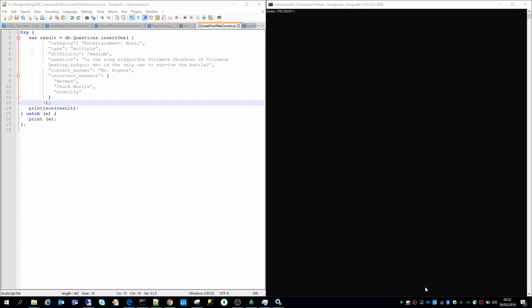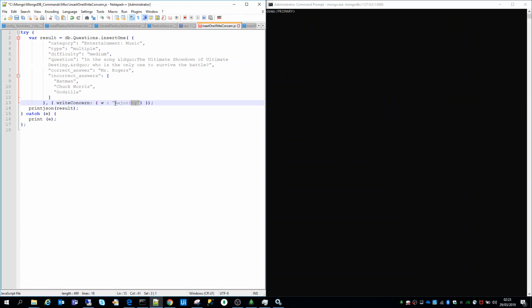It straight away returns the control back to the client, but this behavior can be modified using another parameter in the insertOne function, and that is the write concern. So we just add another object which is passed as a second parameter to the insertOne function. Now I've specified 3 over here, but you can specify 2, or you can specify the term majority,